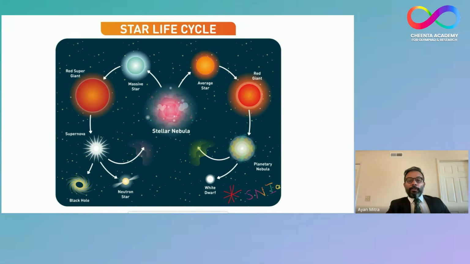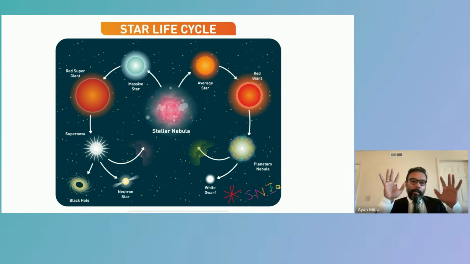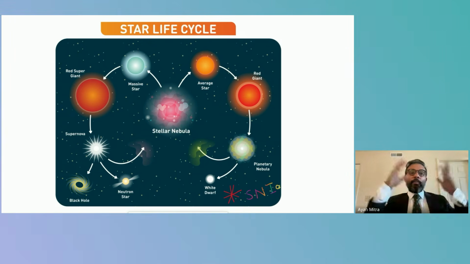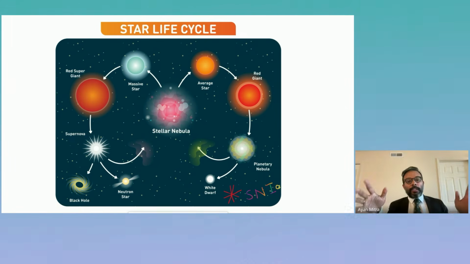Now, if you look to the right of the slide, when it reaches planetary nebula, at some point it becomes a very small, dense thing called a white dwarf. Once it reaches a white dwarf, there's a fight going on between how much smaller it will get or how much bigger it will go. There's an outward and inward fight. At some point it reaches a threshold and bursts out. When it bursts out, it gives what is called a supernova 1A.